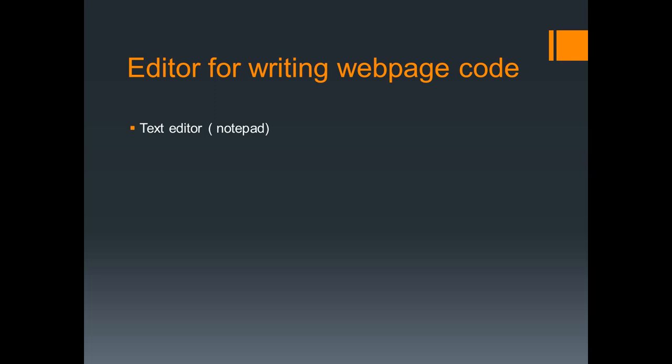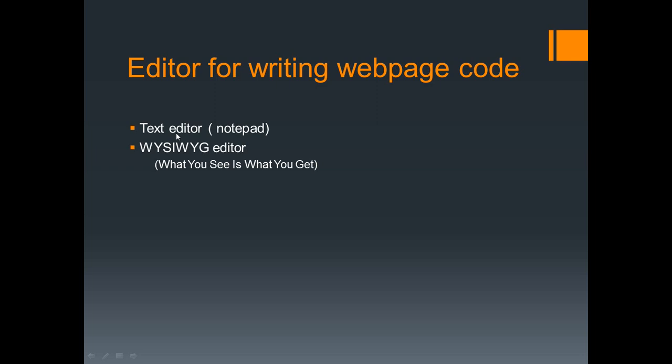Now there are two types of editors that we write. Actually, what is the editor? Editor is the area where you will start writing your HTML code, or where you will start designing your HTML code. We have two basic types of software or areas that we use to write our HTML code. The first one, as shown on the screen, is your text editor, and we use Notepad to write that. You can use any other one, but Notepad is very easy to use, and it can link with your web page easily. The other one is your